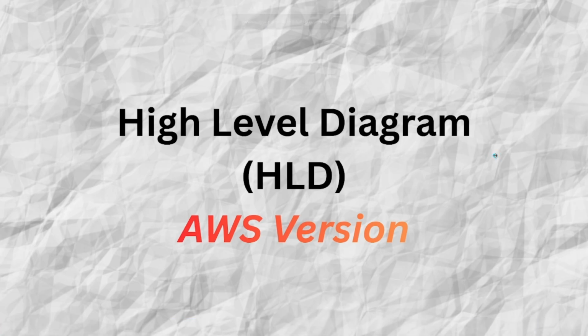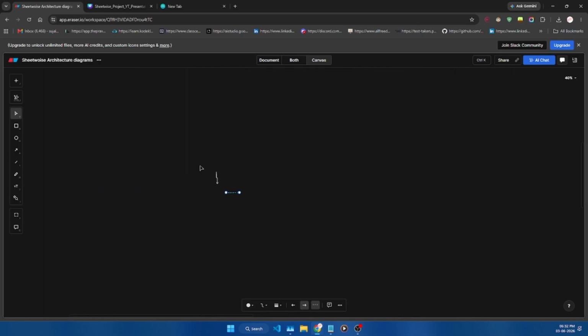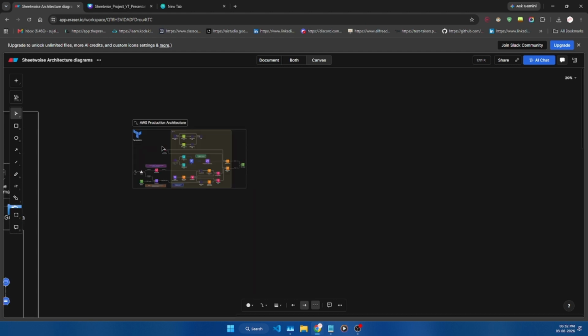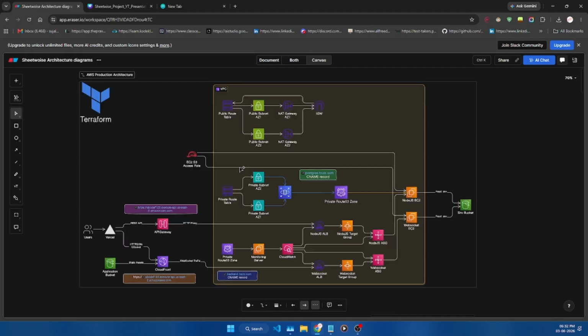Now let's move on to the high-level diagram of the AWS version of my application. So here is the AWS version of my application. It is quite comprehensive and detailed as well. It's the cloud native deployment of my application.